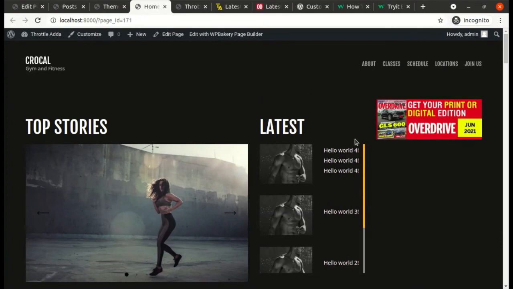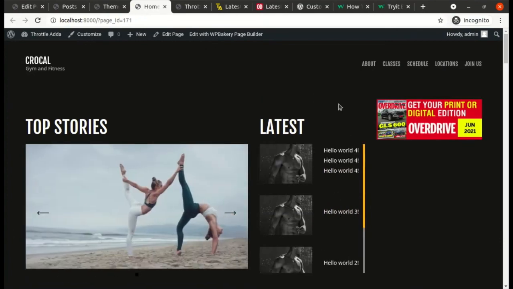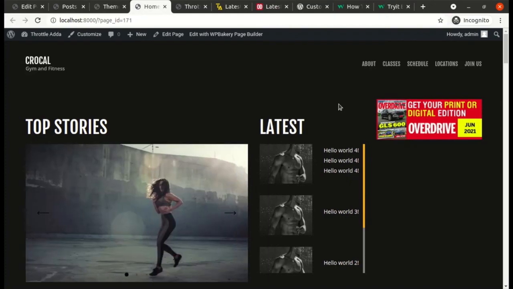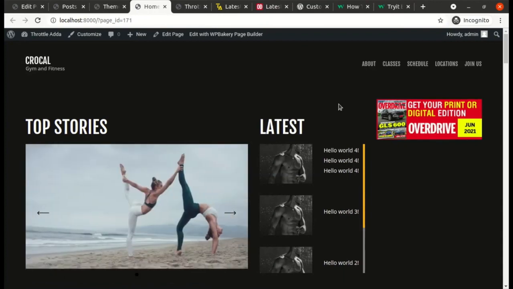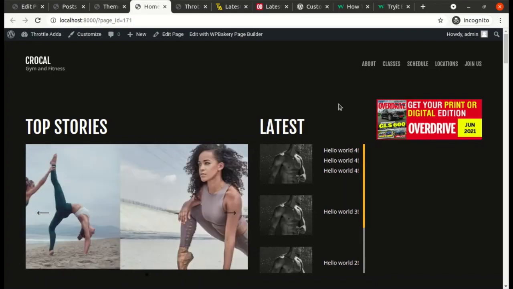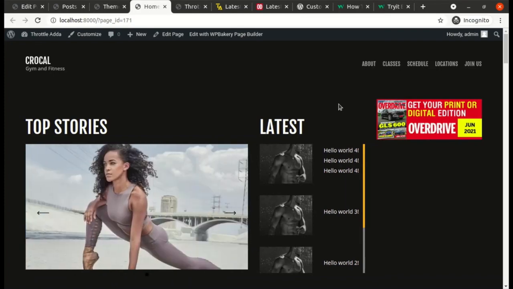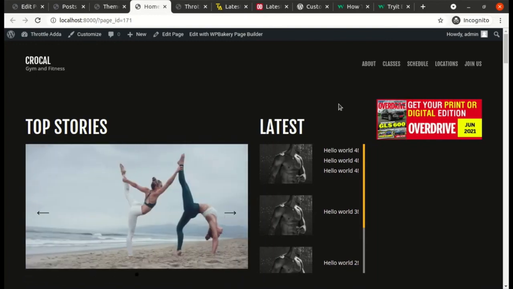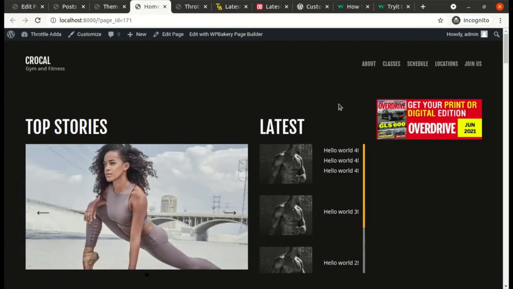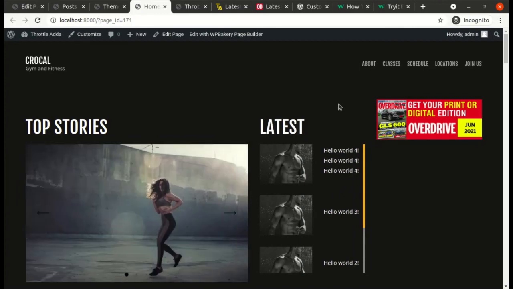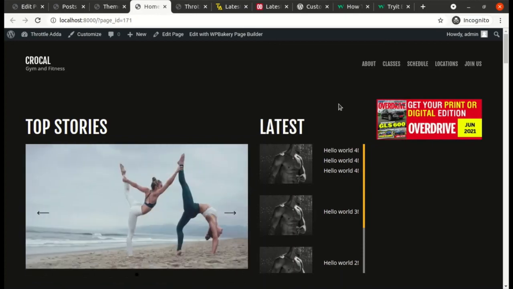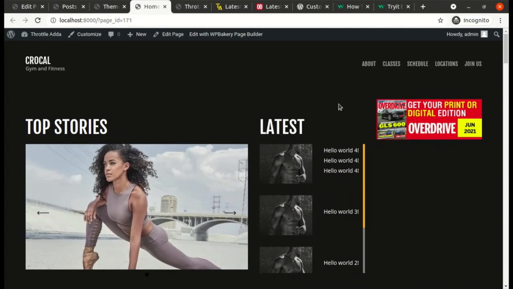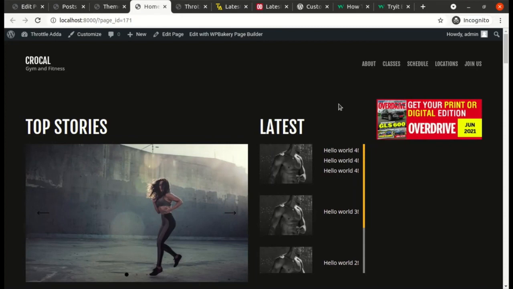Perfect, guys. So this is what we were expecting from this episode. The first section is created. I'm sure that we haven't created the entire section as the reference website, but we are successful in creating and understanding how WP Bakery helps us set up the element as we want. Okay, so we are almost there. 80%, 20% we will cover in the next episodes, because I want to show you all more and more functionality of WP Bakery and how we can make this more beautiful, how we can improve the UI by changing colors, by adding animations and a lot more things.